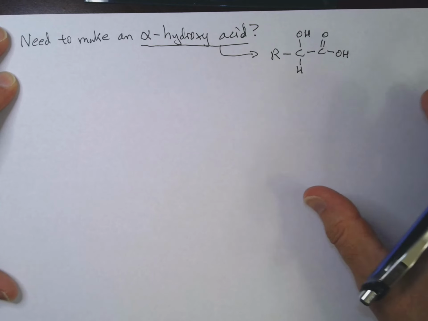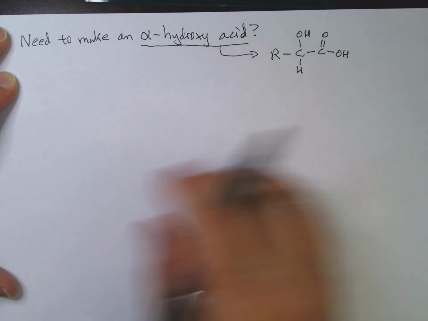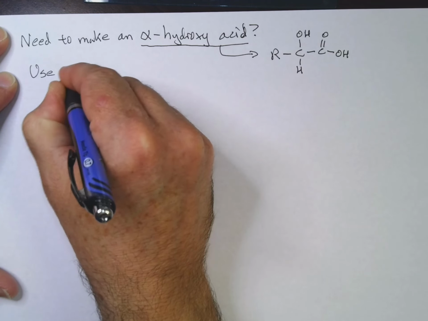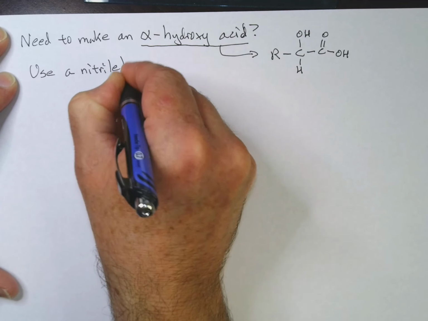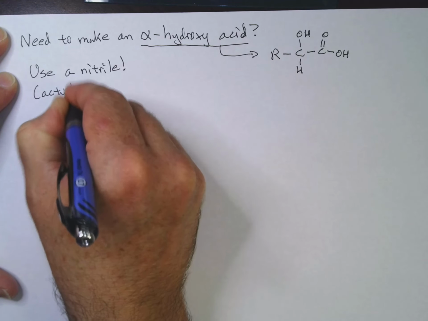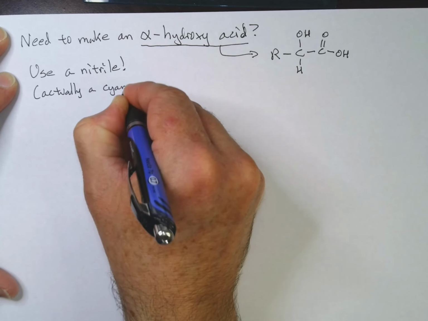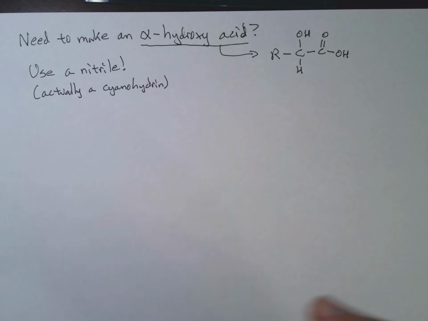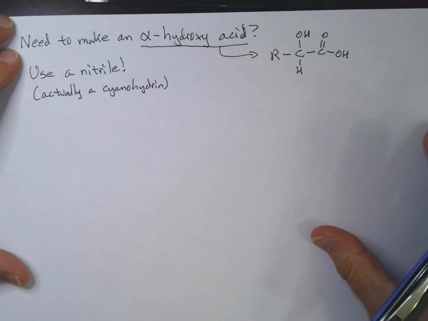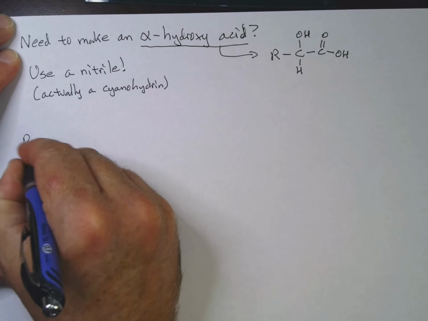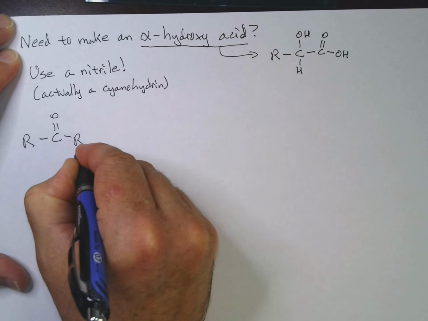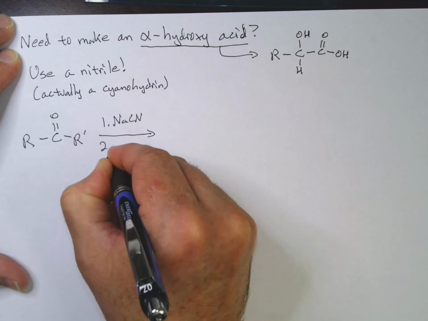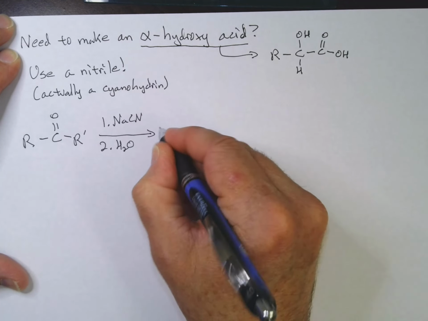So what we can do is we can actually make use of what C triple bond N does. So we're going to use a nitrile. Actually, a cyanohydrin, but it makes use of the chemistry of the nitrile. So let's go ahead and take our RC double bond O R prime, and we'll treat that with NaCN followed by H2O, and that gives us now